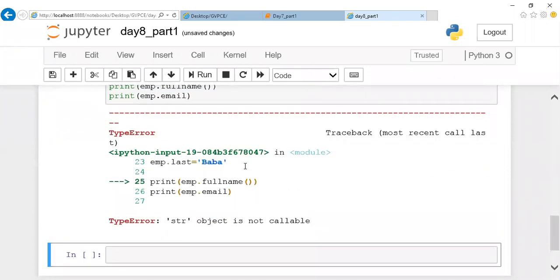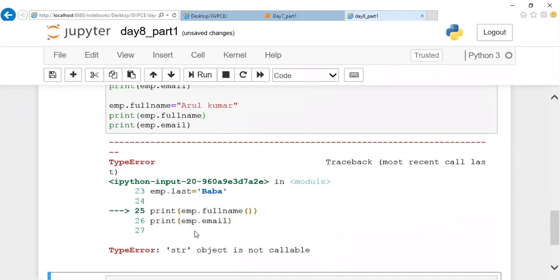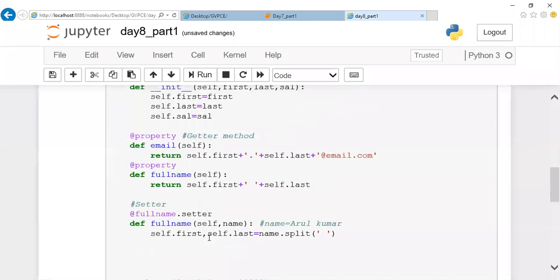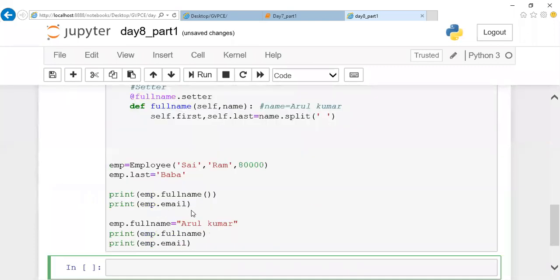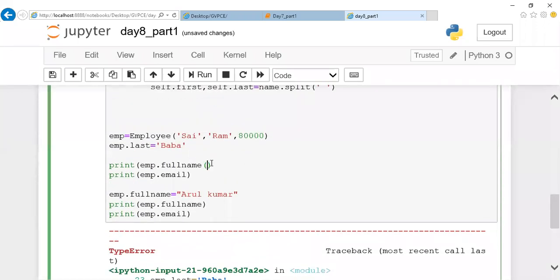Just a minute, let me check it. What happens here? So it's a proper decorator, right? We should remove this one. We are missing a decorator here. What is missing? Print email. So the last execution is taken again. Print email. So we changed it, but here also. Oh god, I didn't notice that.